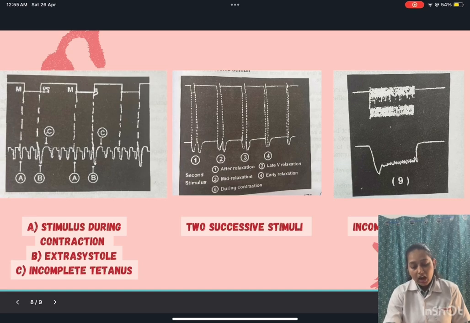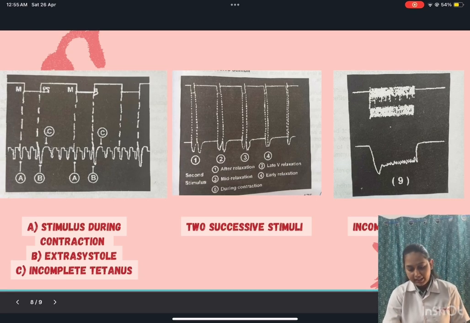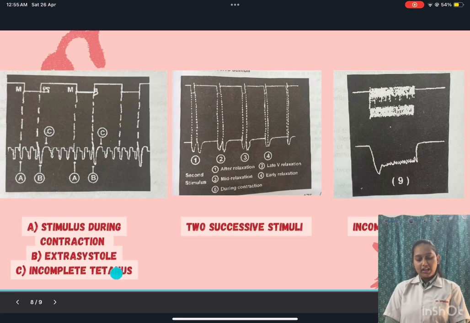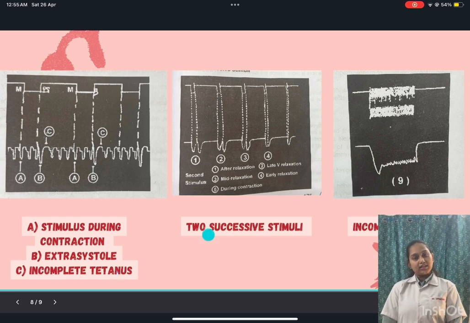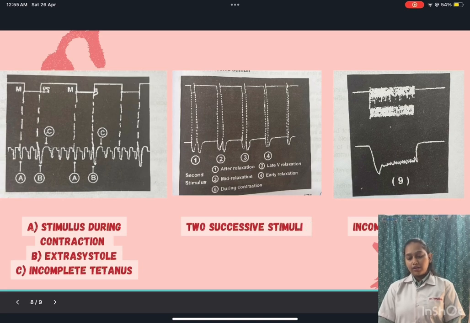All these three are explained later in this slide, where we can see in the first graph stimulus during contraction, extrasystole and incomplete tetanus. In the second, we can see two successive stimuli. In the third, we can see incomplete